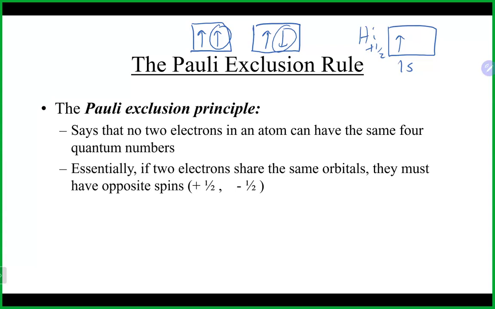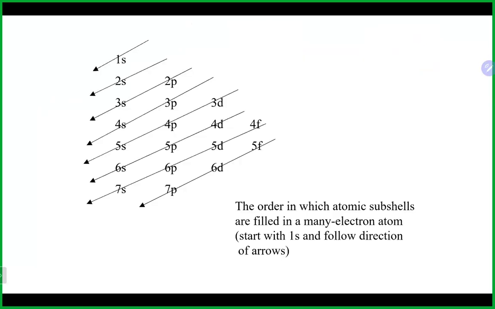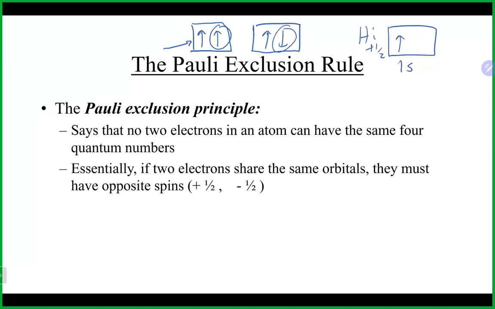So basically what that means is if I were to put the electron in this way, where they're both heading in the same direction, they would actually both end up with the same four quantum numbers. And just for purposes here, and again, you don't have to figure out the quantum numbers or anything like that, but just to illustrate